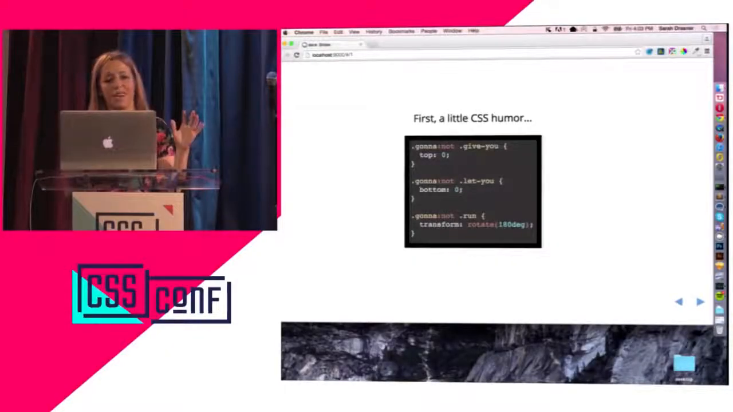Since we're on a comedy stage, I figured I would start off with some CSS humor. I was a little upset about actually using this in the talk, because every time I started working on the talk, I'd rickroll myself. But anyway,